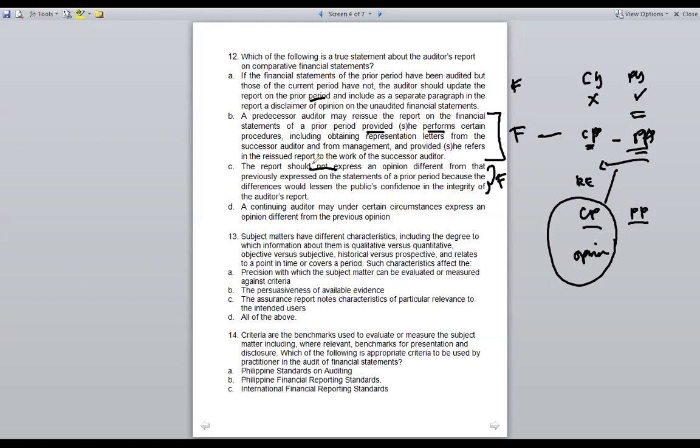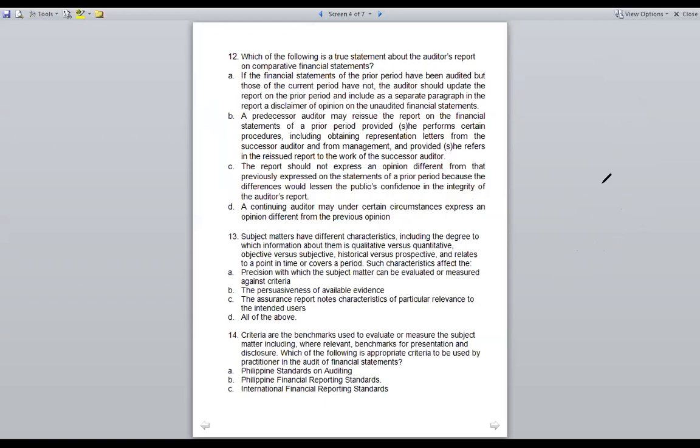So I think since A, B, and C are false, so letter D, tingnan natin, a continuing auditor may, under certain circumstances, express an opinion different. Yes, this is true. So this is exactly the opposite of letter C. So 12 is letter D. Okay? So guys, just to clarify, just to give you inputs, in terms of opinion,